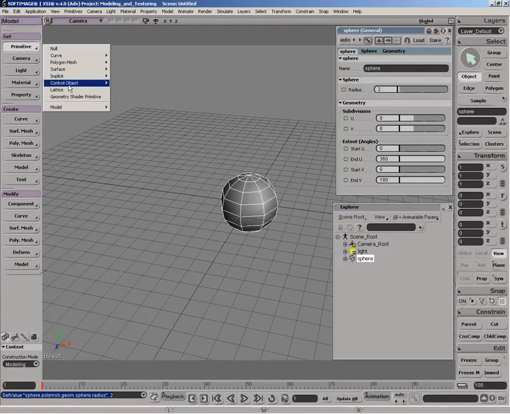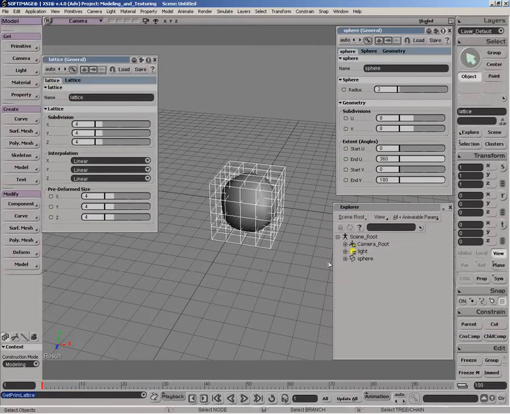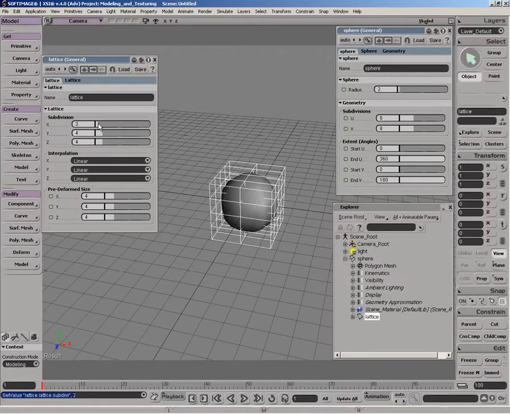With my object selected, when I apply the lattice, it automatically applies the deformation and puts the lattice as a child of the object. By default, you can see the subdivisions. So I'll just put like 2x2x2. The pre-deformed size is relative to the transformation size, as well as, in this case, the bounding box of my object. So if I were to do something like